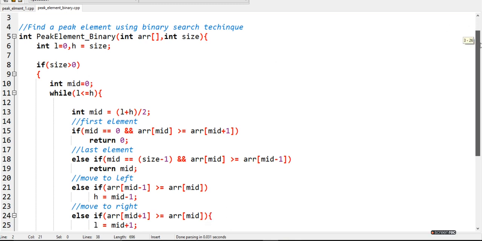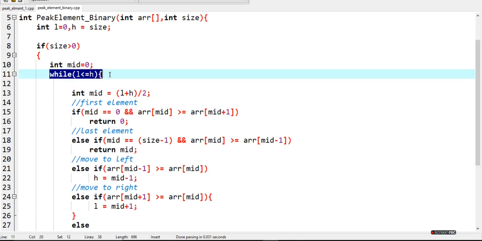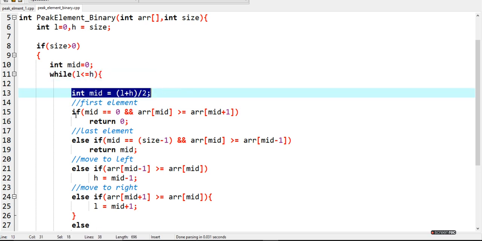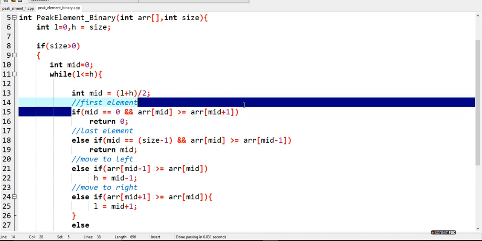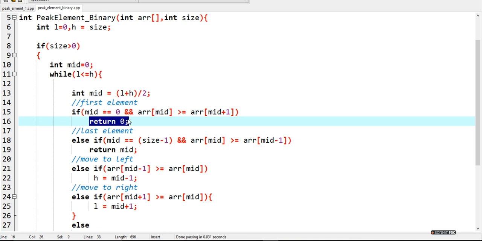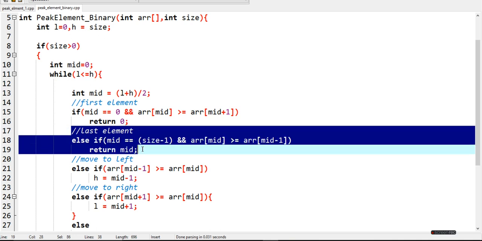So while lower is less than or equal to higher, we are going to find the middle element here, and here we are testing for the first element. If the first element itself is a peak element, then we are going to return index 0. If it is not, then we are going to consider the last element.